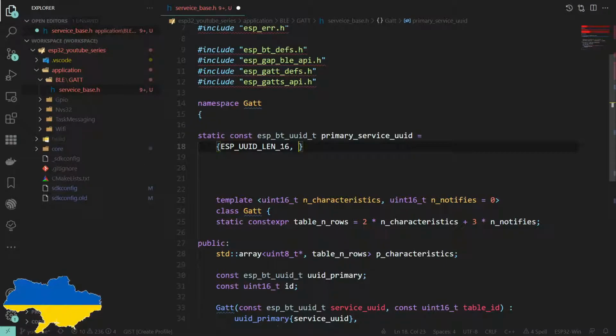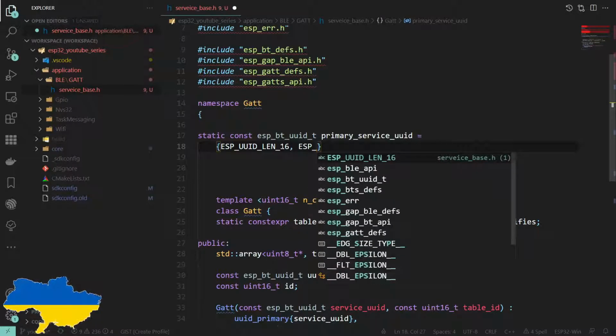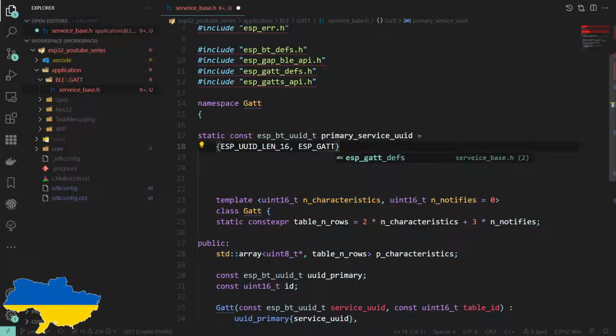And then the next bit of information in the struct is only 2 bits. It's a pair, effectively. Again, because it's defined by the standard, we get a macro for this. Well, not a macro, a hash define. Get UUID pri service. And you can look these up if you wish.